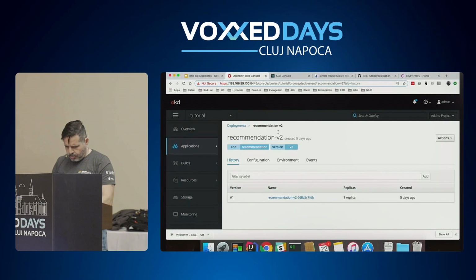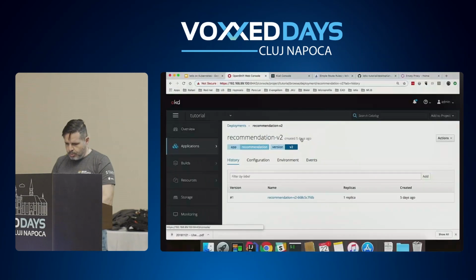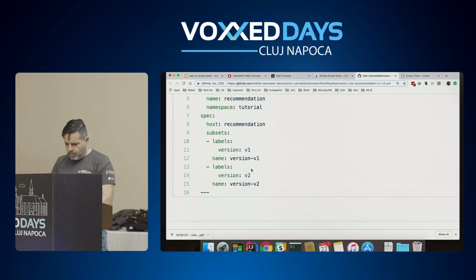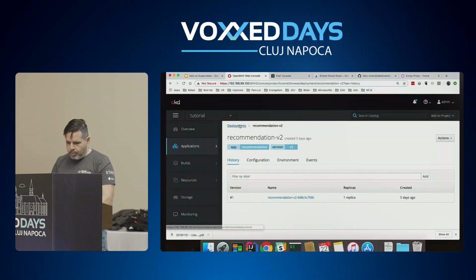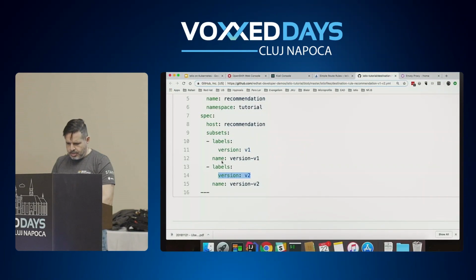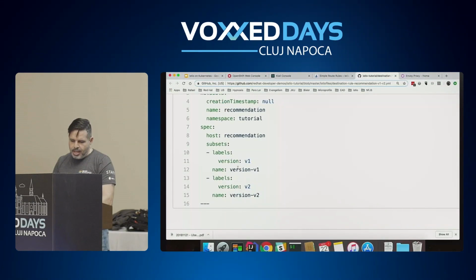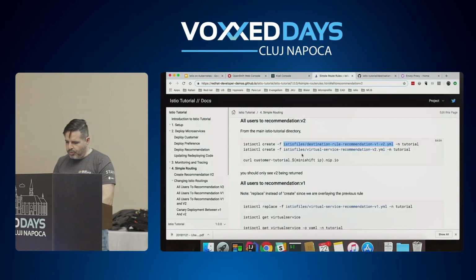Recommendation v2. The label is here, version v2. So it matches with here, version v2. For v1, we have the same thing. This is the label, version v1. So it matches to version v1. Okay, so I created two subsets, and now the second file